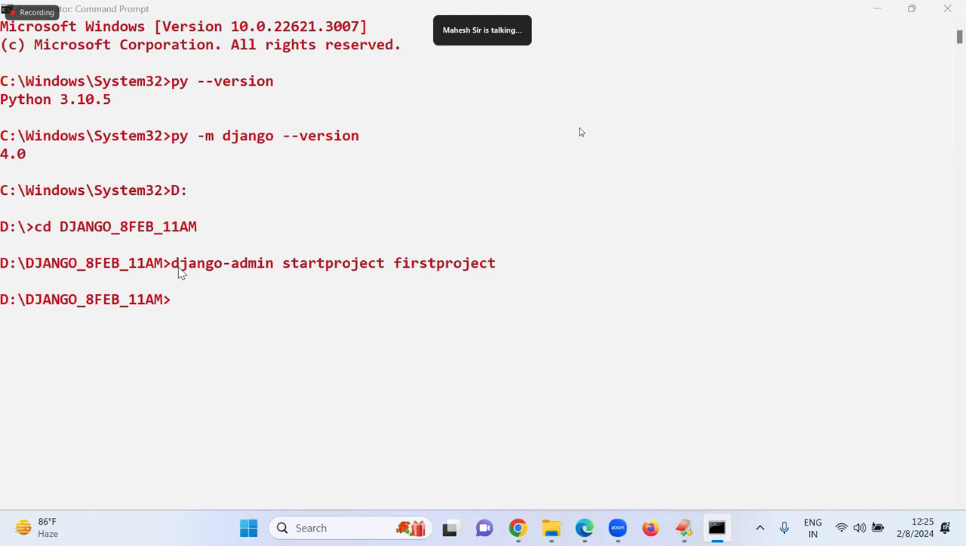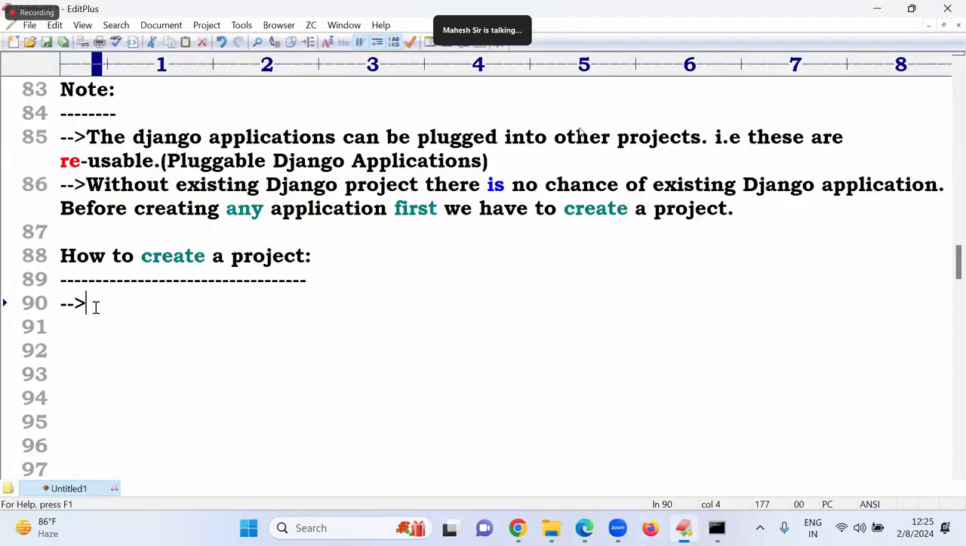If something goes wrong, an error message will be displayed. django-admin is the command prompt tool which is used to create your project. So this is the command we have to provide to the tool. So first, how to create a project means